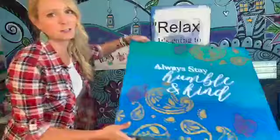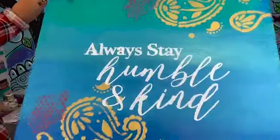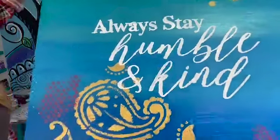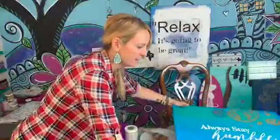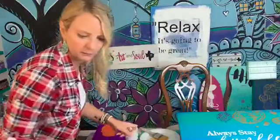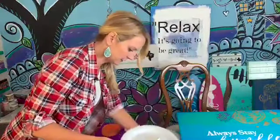It's changed the way I had to learn how to use money the right way. I had to learn how to not be negative. I had to learn to believe that God has huge miracles. Here's just part of it. I haven't added the glitter yet, or the clear, but see how the stencil is really pretty crisp? This is on a flat thing, but again, what I do now, and I'll show you with a little thing, it's just a little